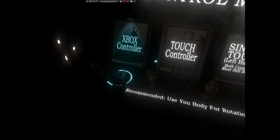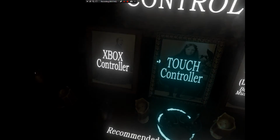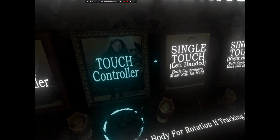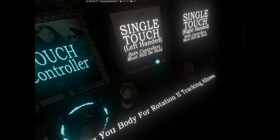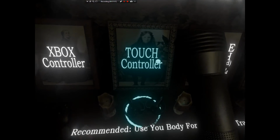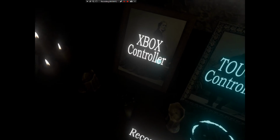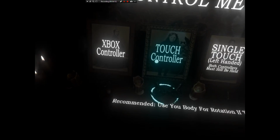Let me see if it'll let me switch touch controls. So let me put these down. I want to see if I have full movement with touch. Hello, touch. Where are you? Okay, we got a touch controller here. Oh, flashlight. Where's my other controller? I'm doing this with my headset on, so... hello, touch. There you are. Come here. Alright, so...